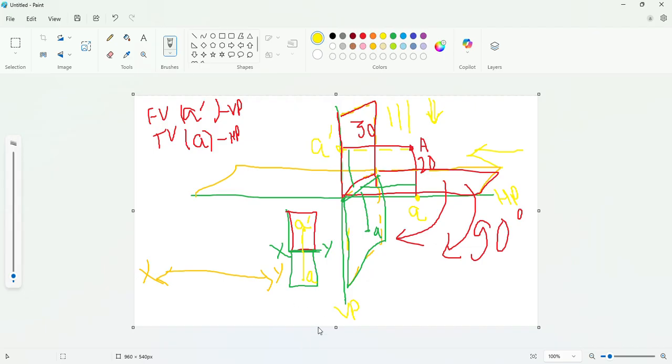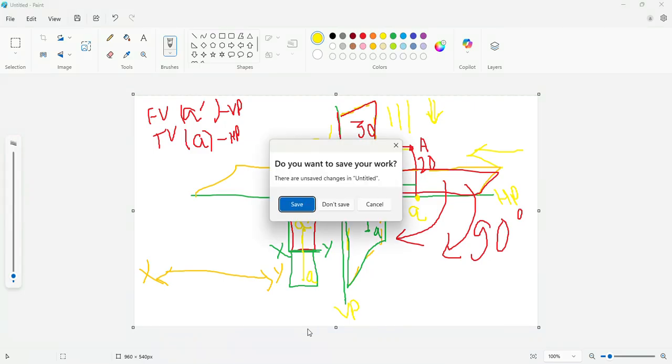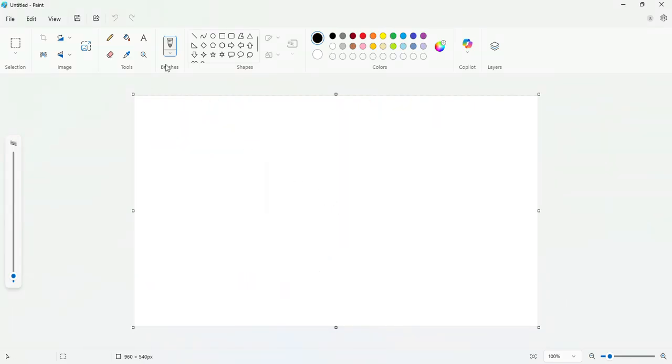Okay. Maybe it is kind of complex and very difficult to understand, so I'm going to draw this on another page. For example,